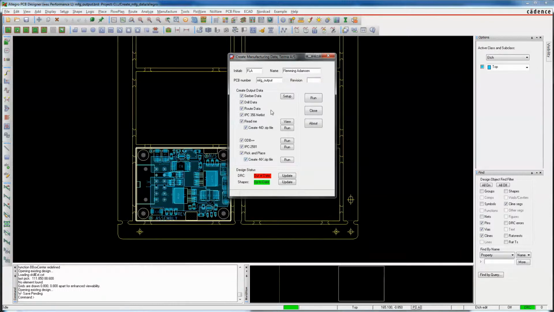directly. Now we just need to make sure that the cover planes are up to date and that we don't have any DRCs in the design. It will still run even if you have, but you need to take care of those before you send the data to the manufacturers. The PCB number for the design, it uses the board file name as default, and a revision, we'll call it 1. And now we just need to press the run button and let the script do its magic.